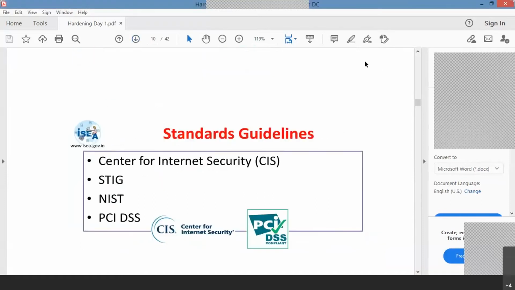So these are the guidelines: CIS, which stands for Center for Internet Security, followed by NIST, National Institute of Standards and Technology, PCI DSS, and followed by STIG. These are the different guidelines on which network security relies. Right now we are using CIS, and that is well and good. If it is the banking payment industry, you have to specifically see PCI DSS also, as part of CIS also.